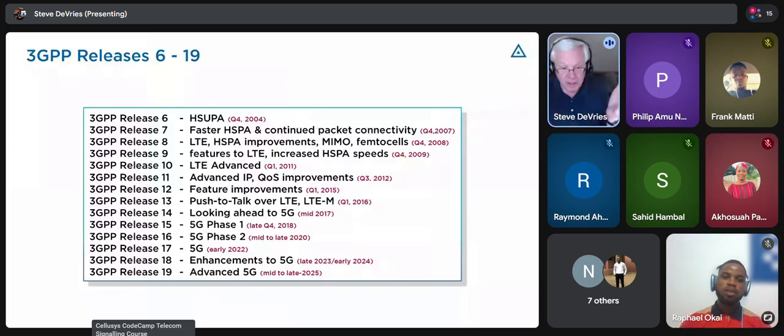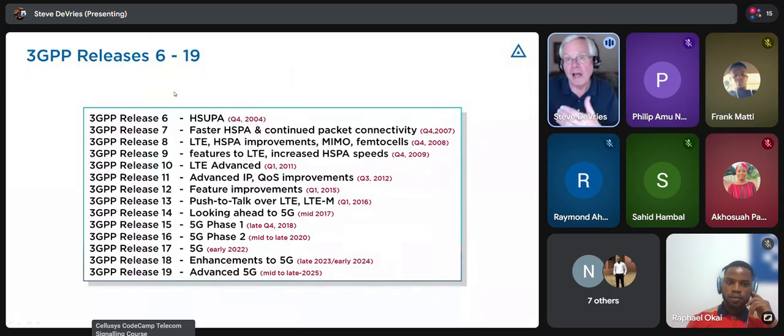I know you're looking at this page and thinking, all these acronyms, what do all these things mean? Don't worry about the acronyms right now. But just keep in mind that 3GPP, Third Generation Partnership Project, they're the ones that define and write the standards. And the standards change, some of the architecture changes, some of the speeds change, and there are improvements roughly every 18 to 20 months, somewhere around there.